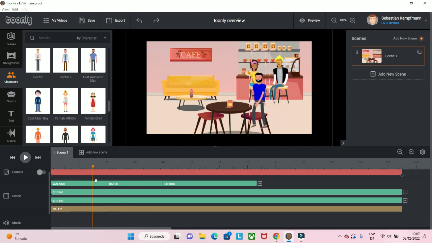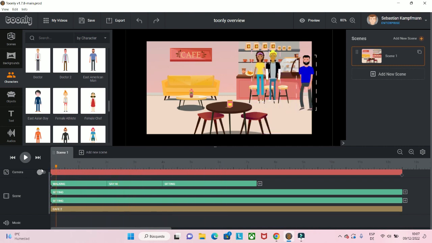Still not good, but no problem. We will find a solution. You can switch the view from the sitting animation, and now you can see, that looks